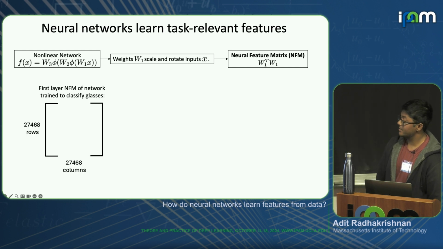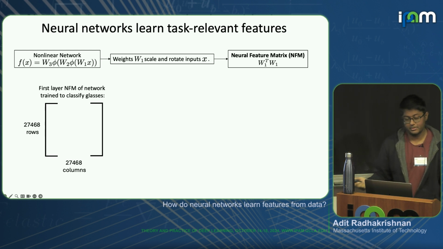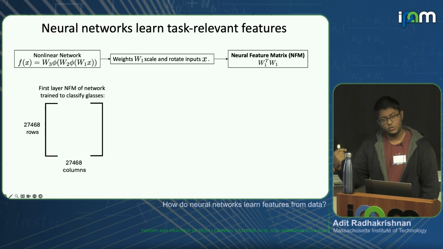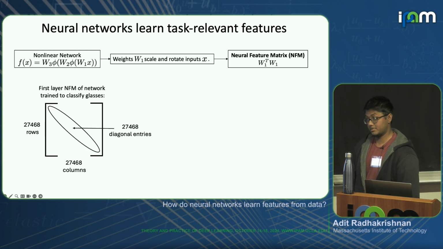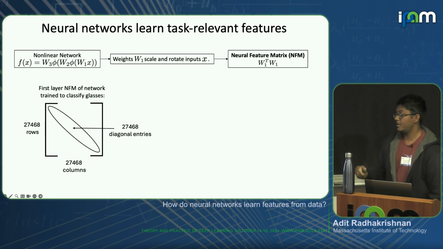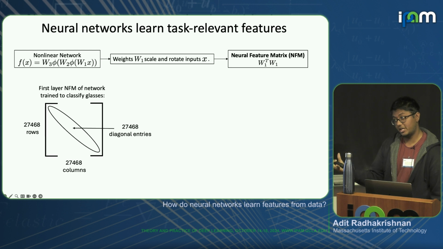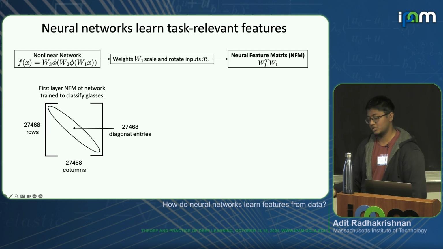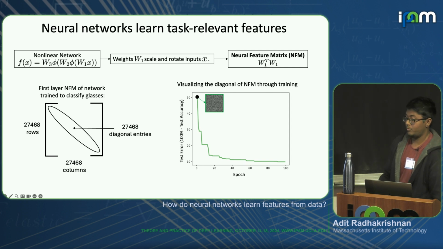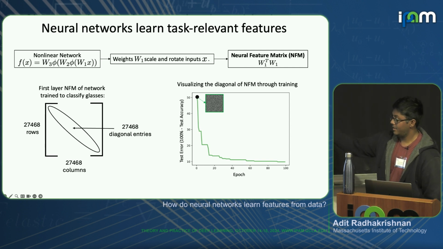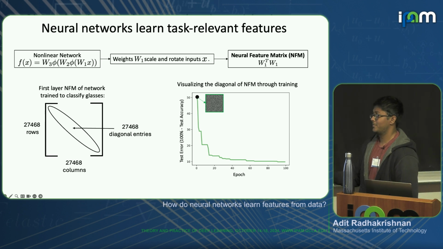What does this thing look like? If we have about 30,000 pixels coming in, this is a 30,000 by 30,000 matrix. What I'm going to do is a very simple visualization where I just look at the variance terms, effectively, of this matrix, just the diagonal terms. I have one value for every pixel in the image. I'm going to reshape that into an image itself and just visualize it through training. So if I start off, we have a random initialization. There's a certain distribution for this. Essentially, it looks like noise just to the naked eye.